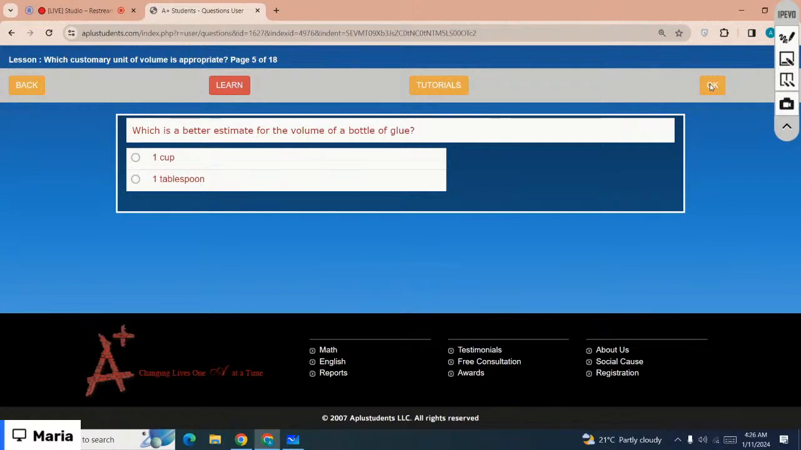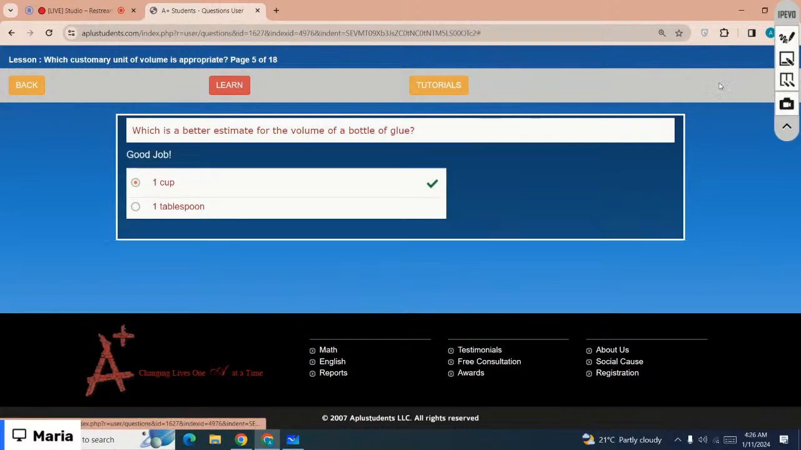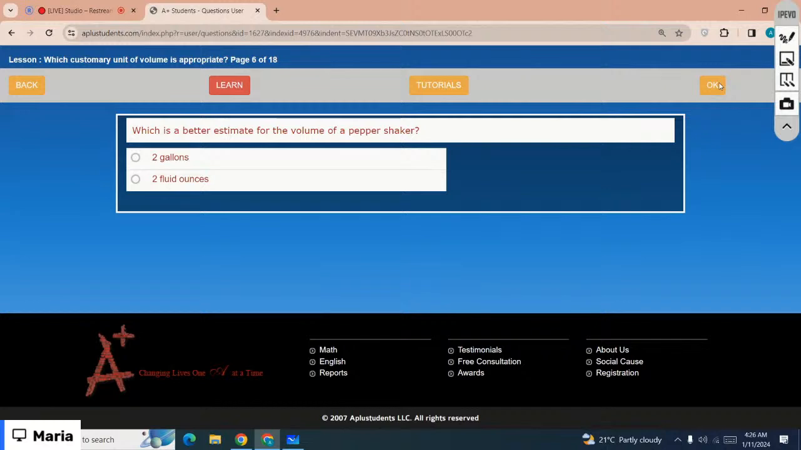That is a bottle of glue, right? I think yes, 1 tablespoon is very small for a bottle of glue, so that is 1 cup, right? Okay, the next one is